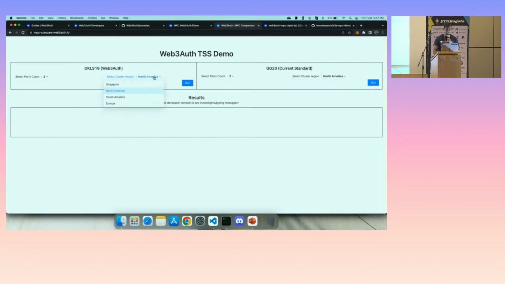So I'll just use a cluster in South America for whatever reason. And see, the GG20 is the current standard which the rest of the enterprises are using, and you'll basically see the speed comparison between the two scenarios. Okay,